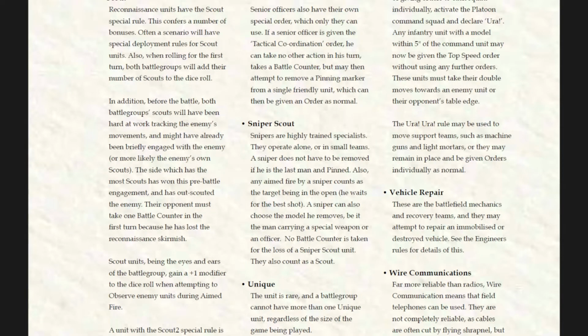Because they are adept at camouflage and hiding, spotting a unit with the sniper scout special rule incurs an additional